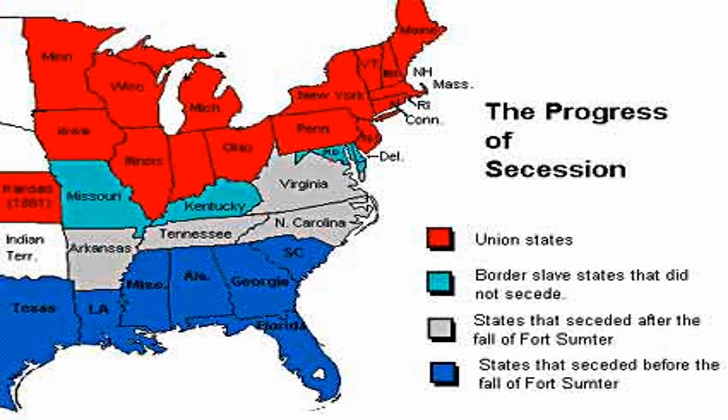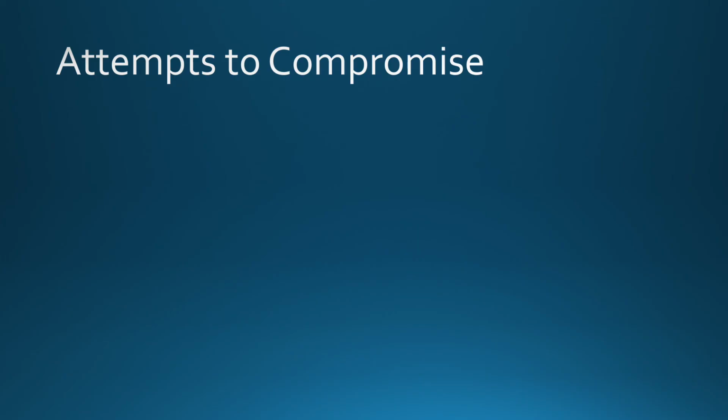And, by the way, I'll return to this when we get to the start of war, but just so you can see this, the first states that secede are these big states down in the Deep South. And this is where we know slavery was most important. And in some of these places like Mississippi and South Carolina, there were more slaves than whites. These other states will all have slavery, the light blue, teal, whatever that is, and then this gray area. But again, we'll move to that a little bit later into how exactly that goes. But they do not secede right away. And that's where we'll wrap this up. Not at war yet, but obviously very close by early 1861.